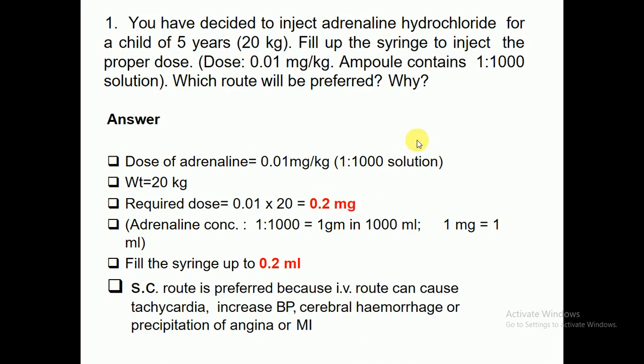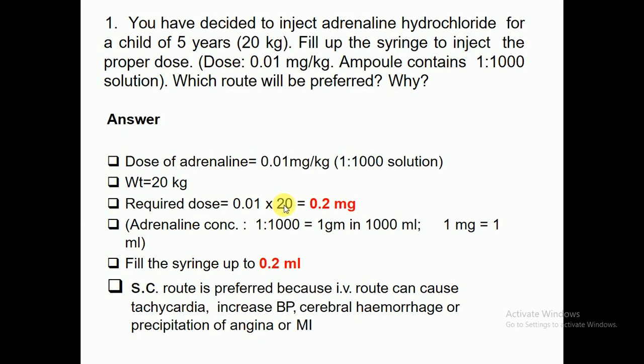So this point is already mentioned here. Now the weight of the child is 20 kg. This is also clear. Now in order to calculate the required dose for that individual, now in order to calculate the dose,